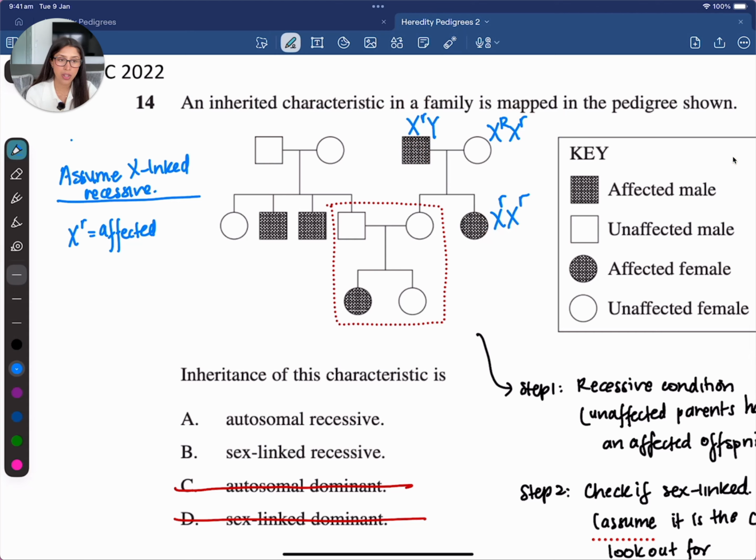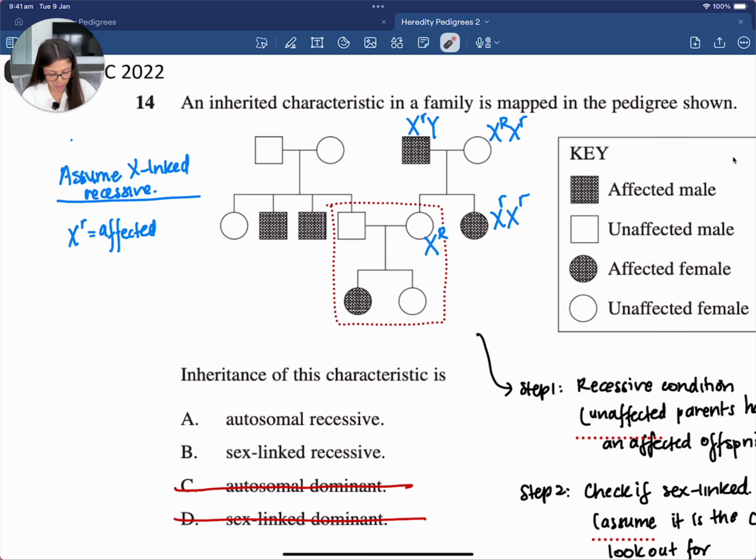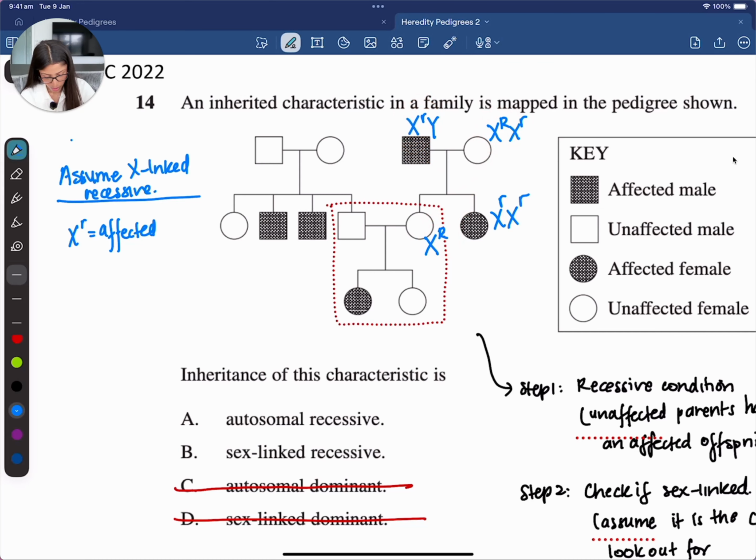Let's have a look at the other daughter. So this daughter is unaffected, meaning that she definitely carries that dominant allele. Now the only way that she can inherit this allele, the father definitely doesn't have it. So she must have inherited that from the mother. So that leaves her with the other X chromosome, which comes from the father. So she would have inherited this specific allele from the father. So that daughter is heterozygous. So up until now, this all makes sense. There's no contradictions, but I'm still going to keep going to see if there's anything that could contradict my point